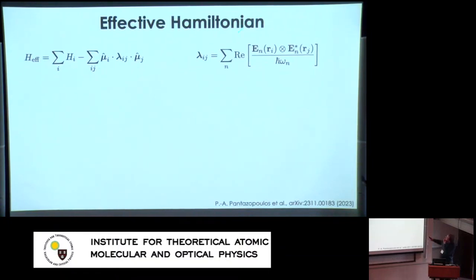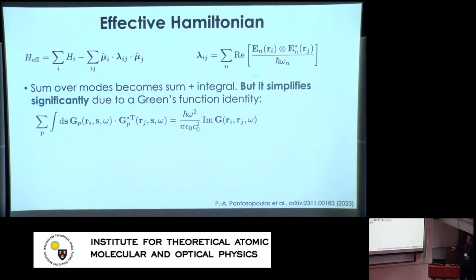Well, now I can go to this expression that we had. I've written this out so we can treat the field-dependent part of the interaction separately. Now the sum over modes, which here still looks manageable, the single index n, actually becomes an integral and sum over everywhere in space and over the frequencies, which we're going to ignore for now. I have to sum over these different components, P, which is actually electric or magnetic excitation, and the Cartesian